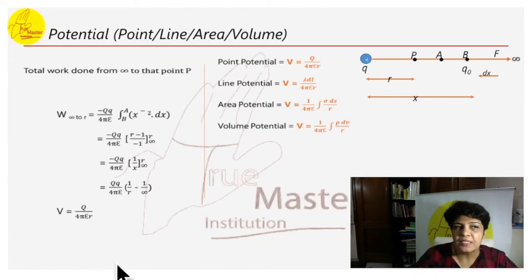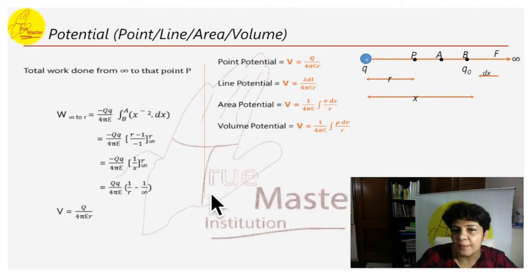Now here, consider a positive charge capital Q. So this is the charge Q and a test charge, a small point charge, which is placed here. By definition, the potential at a point P is equal to the amount of work done in bringing a unit positive charge from infinity to point P. So what work will be done to bring the charge from infinity all the way to point P? This is what we are calculating. This will actually become the point charge.